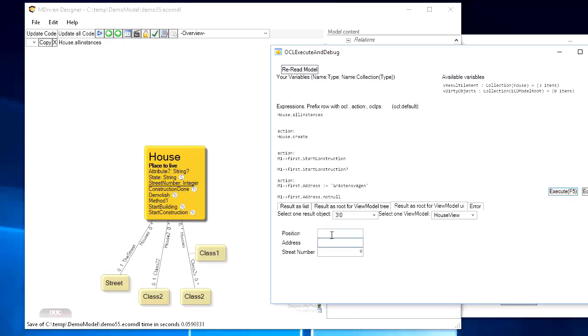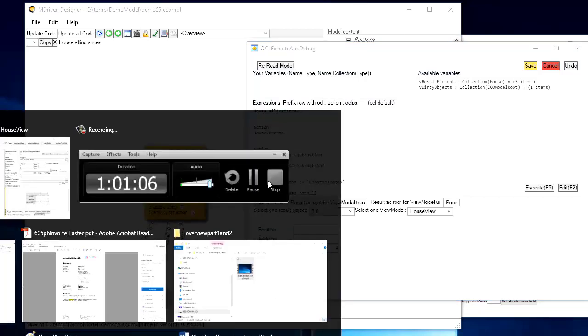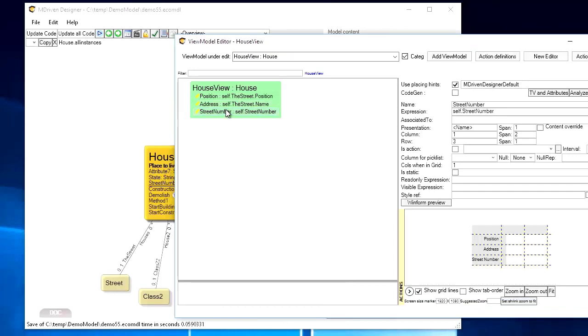That was a bad example, but it goes to show the address is actually pointing to the street, and we haven't set the street. If I were to set this one, it would stick and the save button would light up. If I were to set this one to anything, it's a string. It's also on the street. So you really got me. What we should do is perhaps head back to the ViewModel editor,